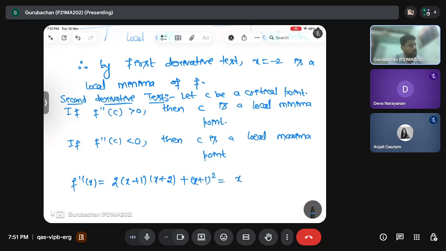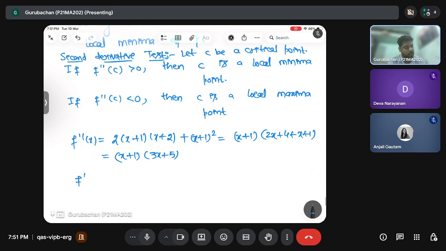whole square, which will be x plus 1, and you will take x plus 1 common, so this will give you 2x plus 4 plus x plus 1, which will give you 3x plus 5. Now we will substitute f double dash at minus 1 here, so this will give you 0. So at 0 we cannot comment like that. At 0 our test kind of failed. Similarly, now